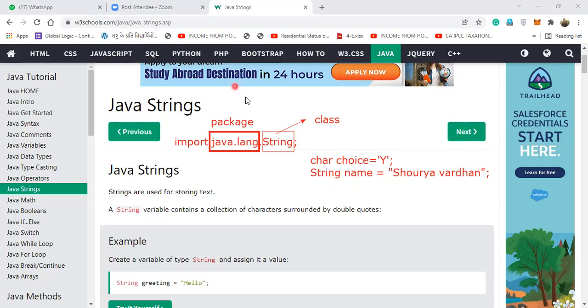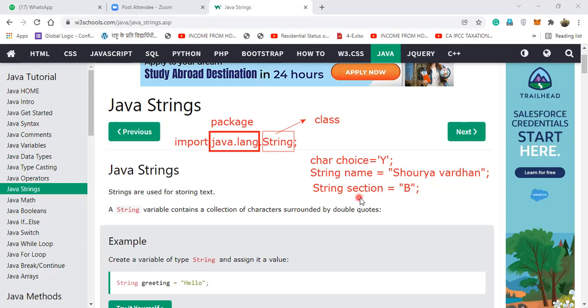Another very interesting thing here is you can even write string section. Class and section, you know? So String section is equal to which section of class 10th you are in? B. Now this is again a single character. But is this a character or a string?